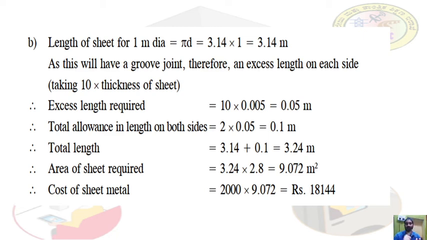sheet. And for the cylindrical surface, to make the length of the sheet, we have to develop this. To develop this, you have to multiply pi into diameter of the drum, so that will become 3.14. Lengthwise also we have to make a joint here to close this. That is taken as 10 times the thickness of the sheet. So we require some extra material. To the actual drum we are adding some extra material for making joints. Multiplying this, it will become a rectangle. Multiplying the width into length gives the area. Then the area multiplied by the cost of the material gives you the cost of the sheet metal.